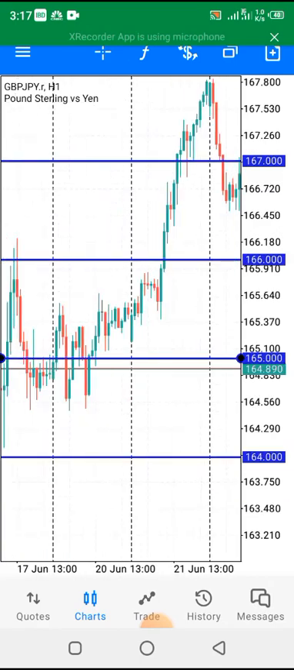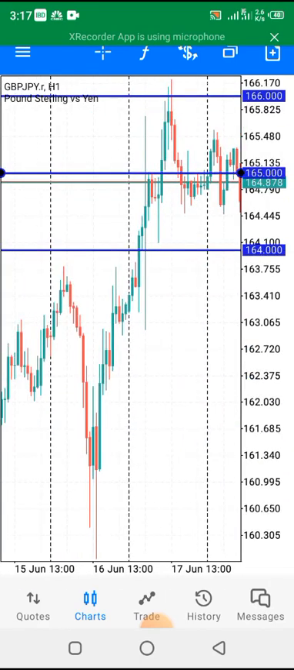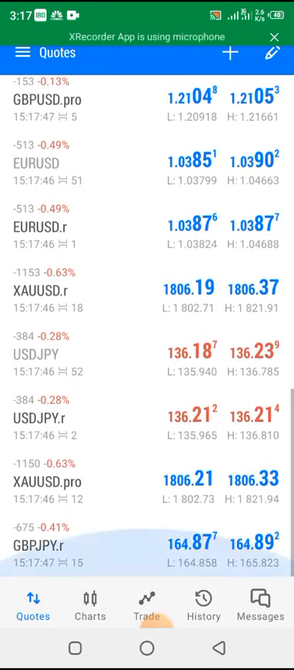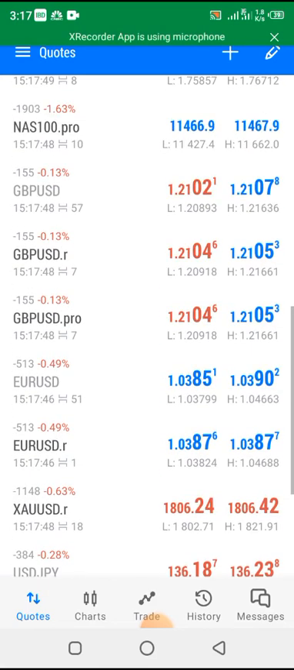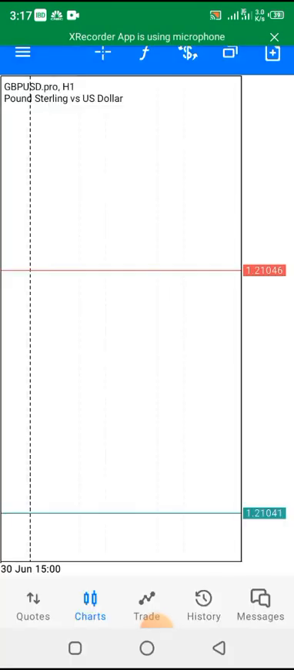Guys, this is powerful stuff. You can try it in many pairs, guys. So I've explained it on the GBP JPY. Let me show you also on the GBP USD